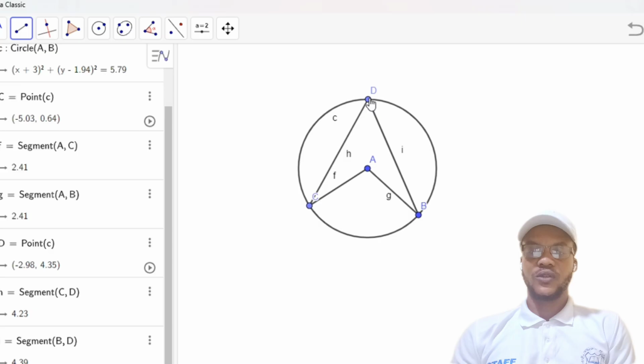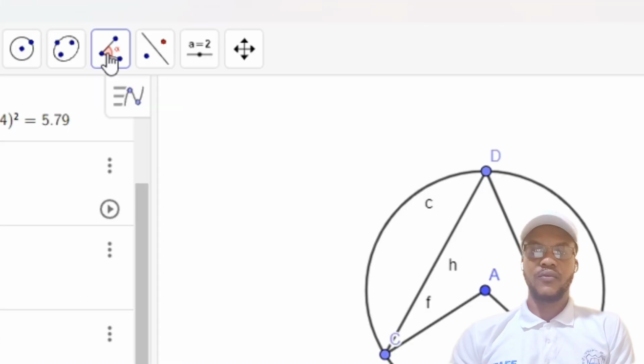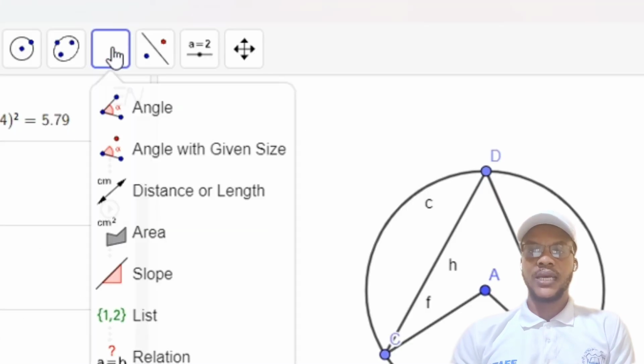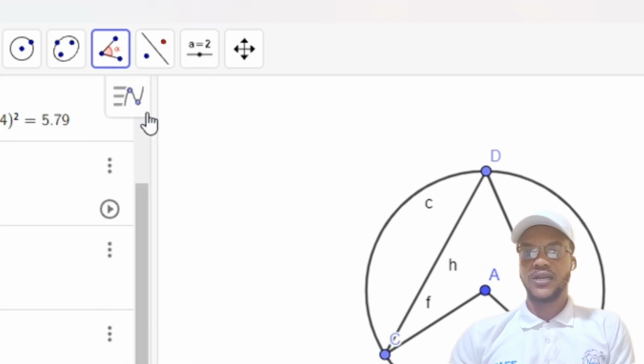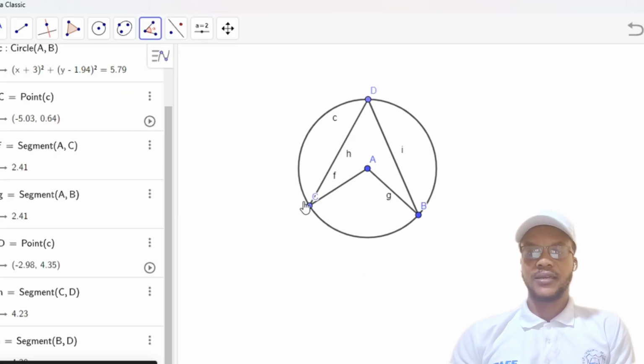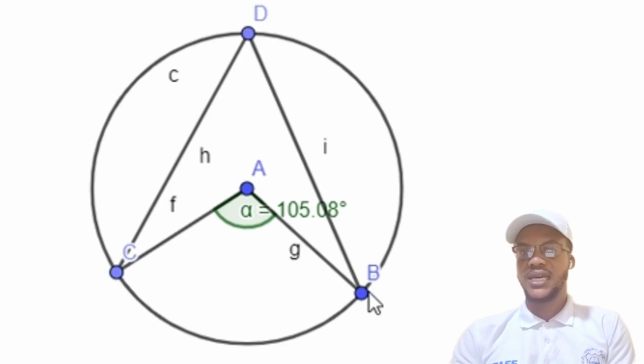Now we are going to create the angle, because I said we are going to prove whether it is true that the angle at the center is twice the one at the circumference. We click on this, we choose angle, then we create an angle in the anti-clockwise direction. We click here, move to A, click, then come back to B. Once we click B, the angle is formed. So at the center, our angle formed is 105.08